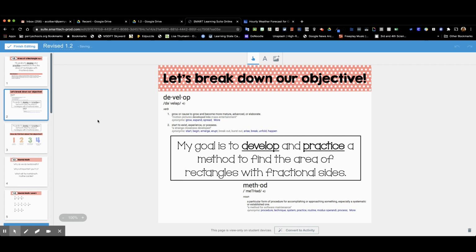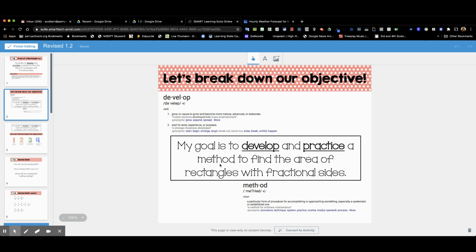So again, it says my goal is to develop and practice a method to find the area of rectangles with fractional sides. We can see the word develop and the word practice are both underlined here. The word develop means to grow or cause to grow, become more mature, advanced. So we would say that we're going to try to grow our understanding, try to advance our understanding, and practice is underlined, but here we know that practice is to keep doing something over and over until we become better at it,